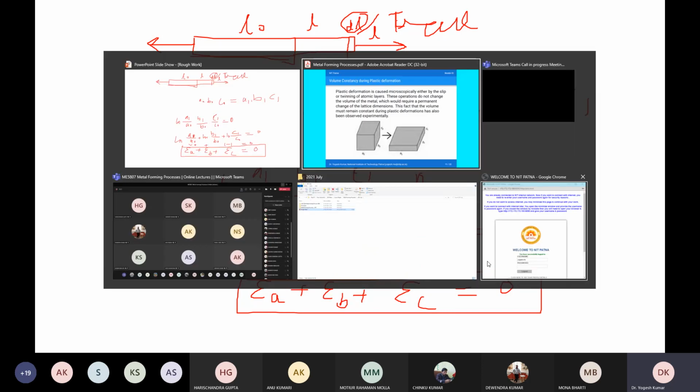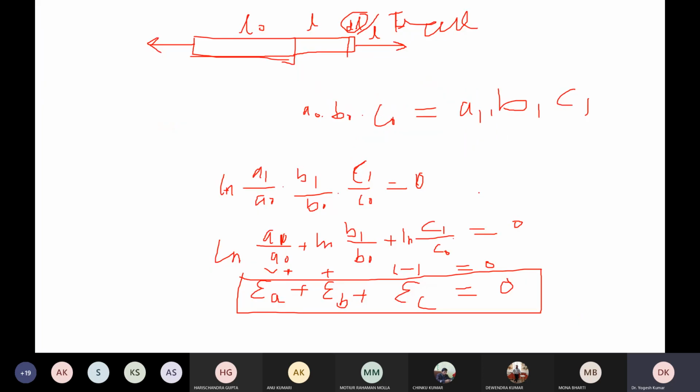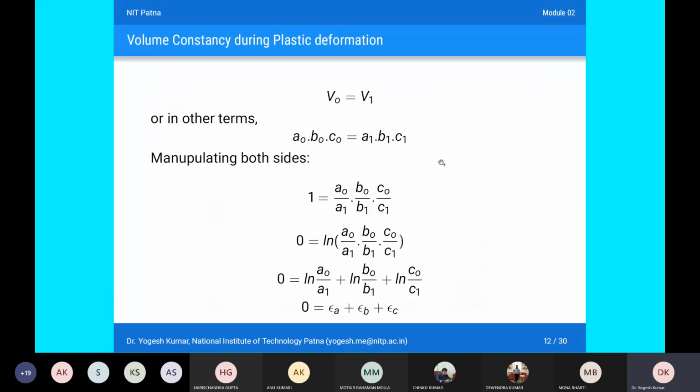Okay, so we can observe this also from this particular diagram, that here we could observe that there is an increase in length as well as width, but there is a reduction in the height of your metal strip. Okay, so for today I will stop here and I will upload the corrected PPT also. I will correct it, and